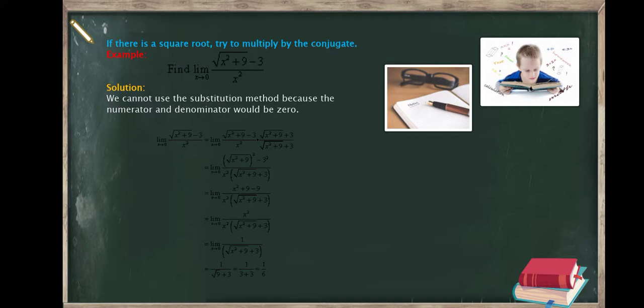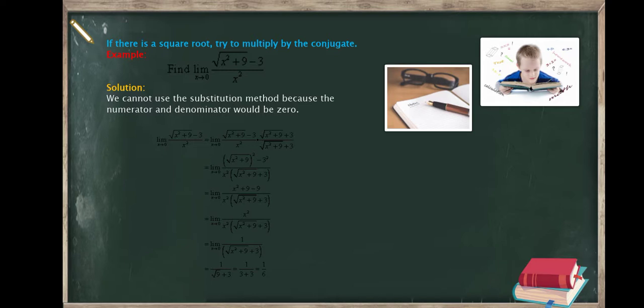So limit of square root of x squared plus 9 minus 3 all over x squared as x approaches 0 is equal to limit of square root of x squared plus 9 minus 3 all over x squared times the quantity of the square root of x squared plus 9 plus 3 over the quantity of square root of x squared plus 9 plus 3, is equal to the limit of the quantity of the square root of x squared plus 9 squared minus 3 squared all over x squared times the quantity of square root of x squared plus 9 plus 3 as x approaches 0,